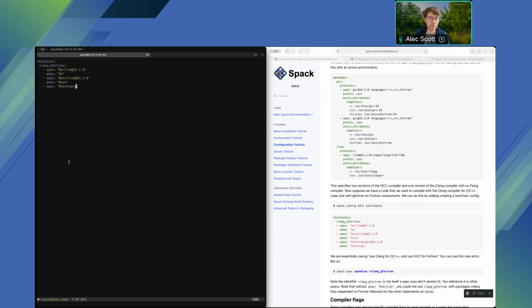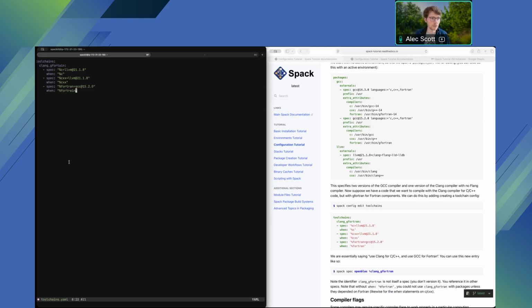We'll get more into this tomorrow when we talk about packaging, but we can have multiple implementations of an abstract interface like a language like C, C++, or Fortran, where they can come from multiple different compilers. We have this for MPIs as well, where you have OpenMPI, MPICH, and MVAPICH. They all provide a similar interface for MPI across your center. And so here, I'm just going to